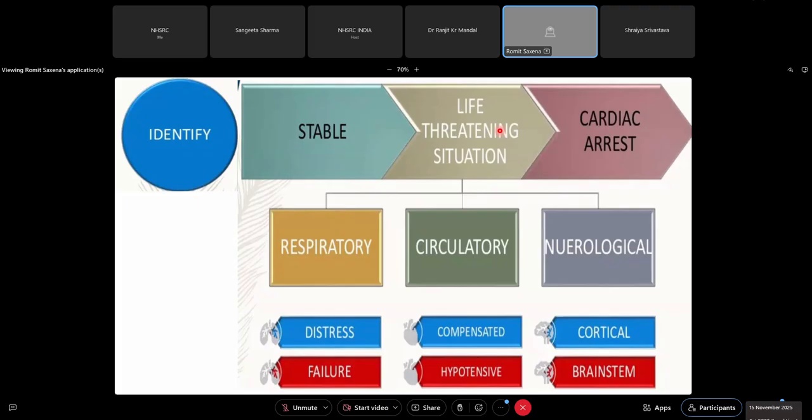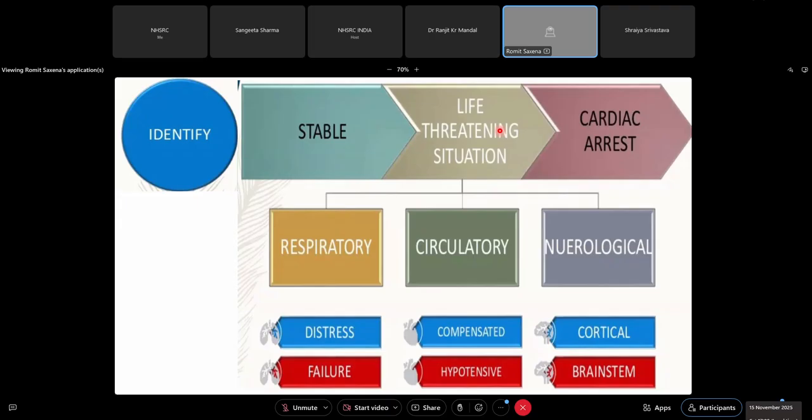For example, you can have a patient who has chickenpox with staph pneumonia with respiratory distress. You can have a child who has bronchiolitis with respiratory failure. So depending upon how the work of breathing is, you will be able to categorize whether the patient has just increased work of breathing or increased work of breathing with alteration of sensorium and going towards failure. You need to make intervention accordingly.